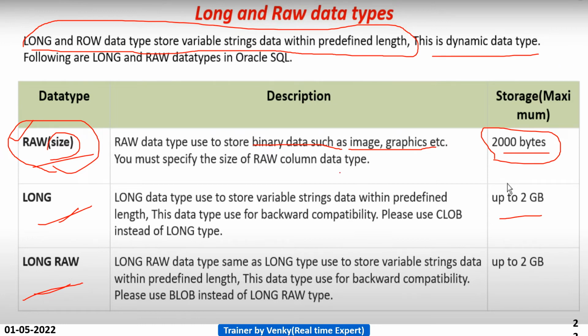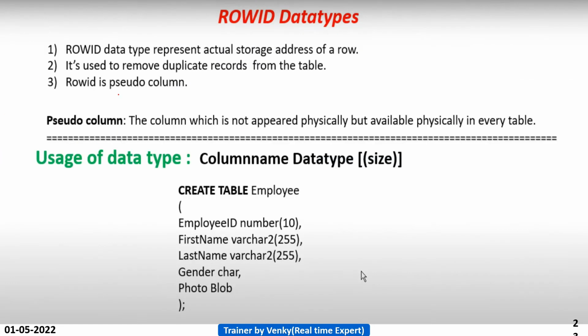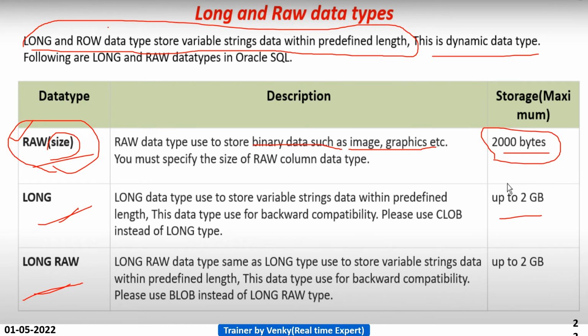Remember that within the predefined length. It will accept it within the predefined length. So for raw you must declare the size. Raw data type is also, for example, for the file which you are uploading, an image. It is an image which is having just, for example, 1 MB. So 2000 bytes means around